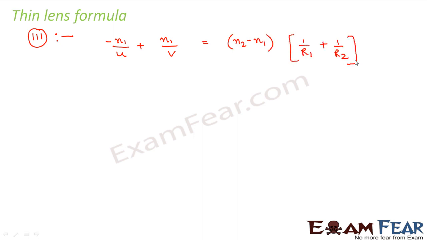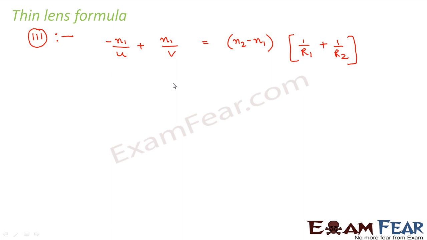There is another formula which is known as the thin lens formula. Actually, equation 3 which we obtained is the general equation. What was equation 3? This was equation 3, which was nothing but the combination of the two equations which we obtained for the two spherical surfaces. So this equation was the most general equation which described the refraction by a lens, right? From this equation we derived, considering certain special cases, the lens maker formula.